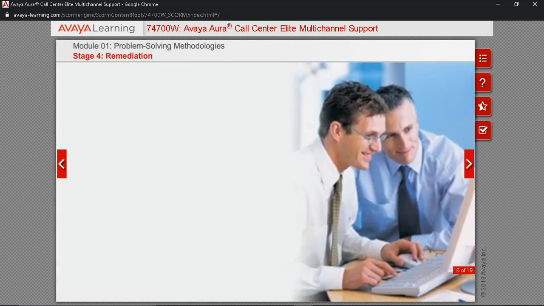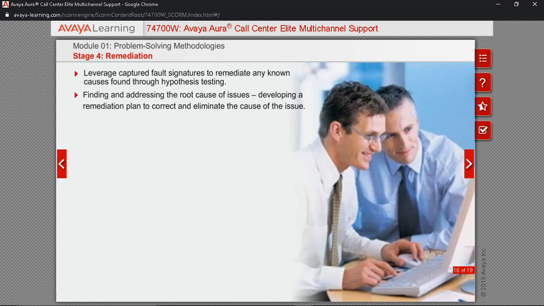Now that you have implemented the first 3 stages, it is time for the correction of the issue or issues that were identified. Stage 4 is the remediation stage. This is where we leverage captured fault signatures to remediate any known causes found through hypothesis testing. By finding and addressing the root cause of issues, we develop a remediation plan to correct and eliminate the cause